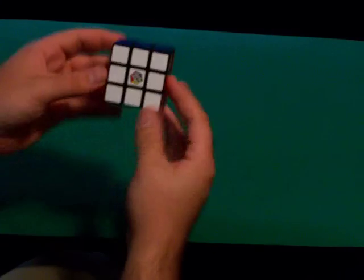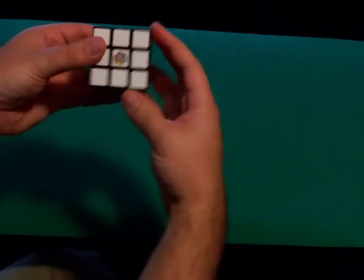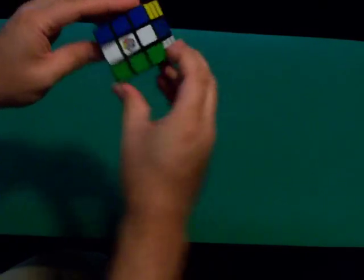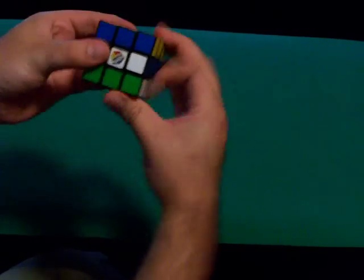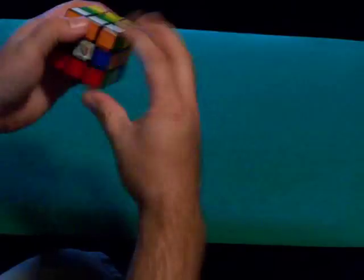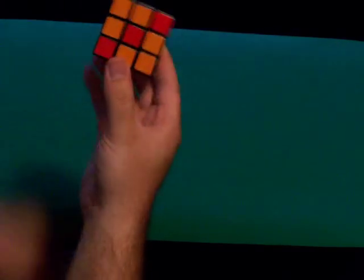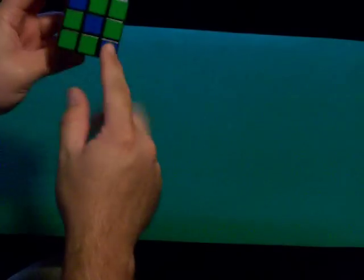Alright, here's another one you can do. Hold it with any color you like facing you. Move the right up and the left down. Then rotate the entire cube 90 degrees to the right. The right goes up, the left goes down. You just keep doing that until the one you're looking at comes back to solved. And the sides will have this sort of up and down